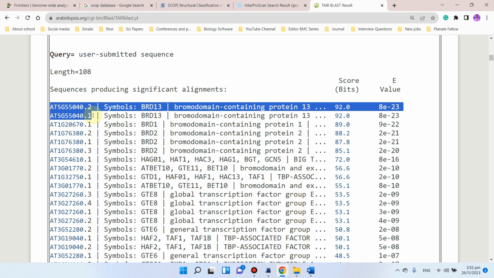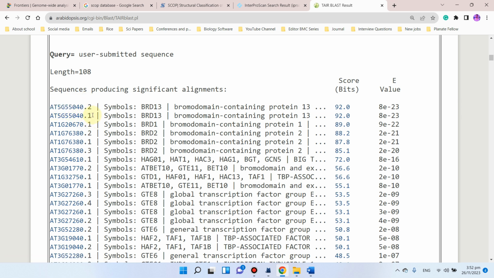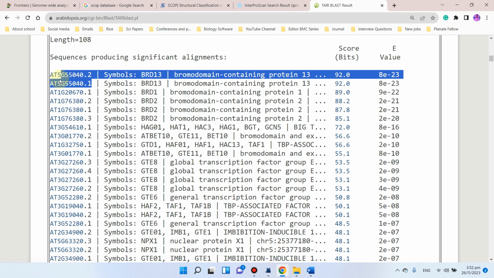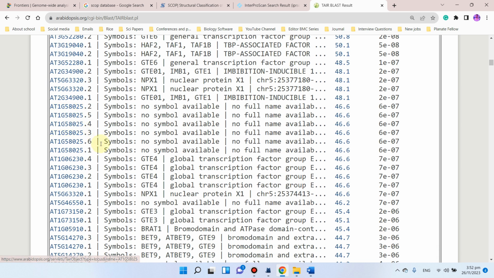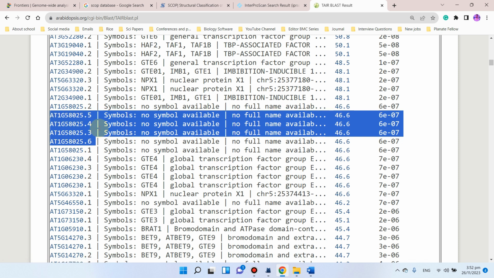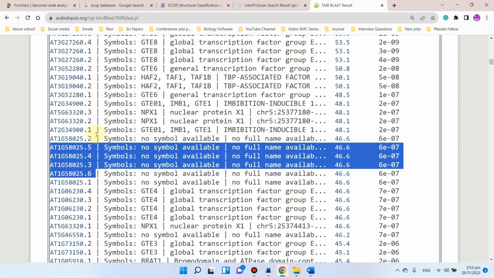So what it means is that actually the gene is one, but its transcript is two. I mean, there are two types of transcript of this gene. So in the final version we will only be selecting one. Here you can see another one like this gene has even 1, 2, 3, 4, 5, 6 transcripts. So what you will do, you will only take it once, and for the others you can write that this